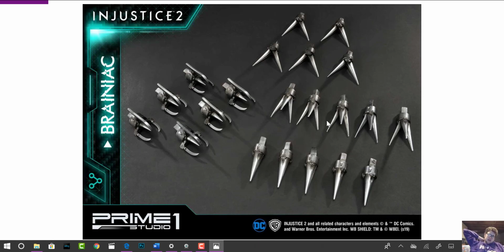I have issues finding places for my swap out parts. What a lot of collectors do, I'm sorry, I'm going to go off on this in a little bit, is they find their best display option and stick with it, and put the other stuff in their boxes, and then put the boxes wherever they store their boxes. I'm not a fan of that. I keep my swap out parts in or near their statues. Some swap out parts I keep on the statue, and